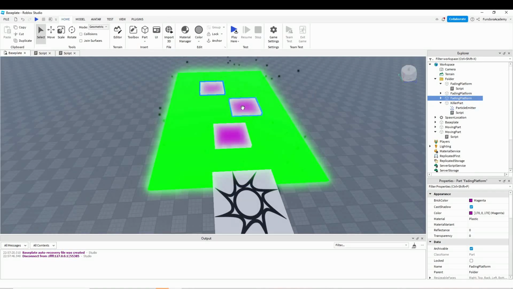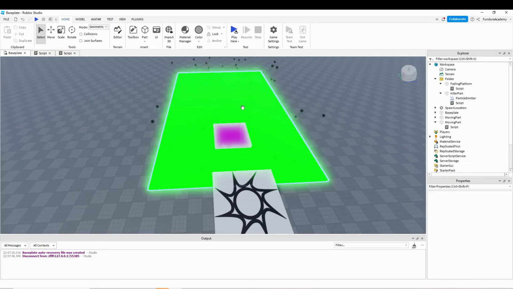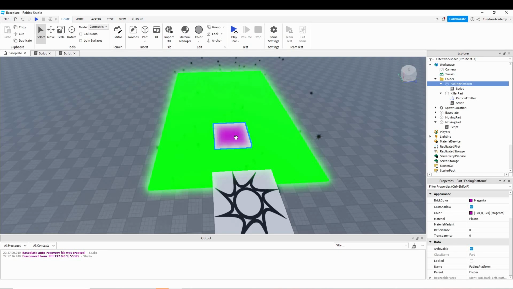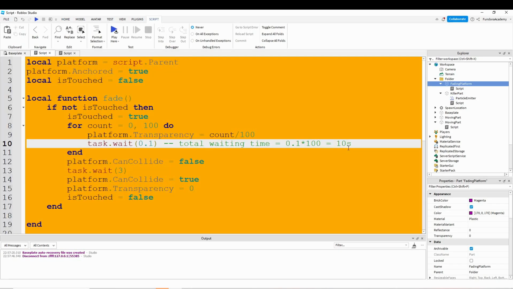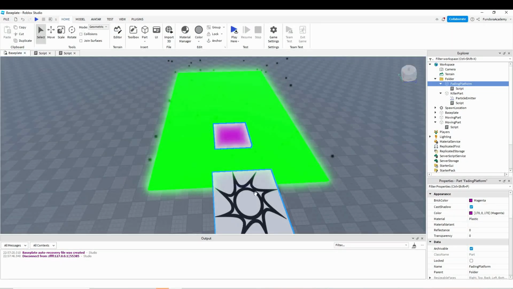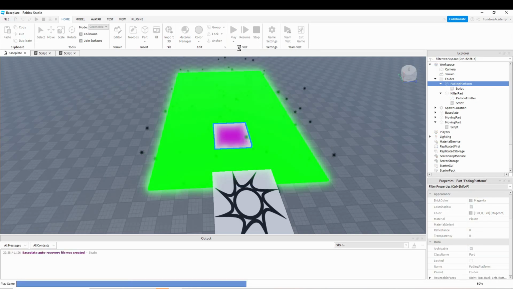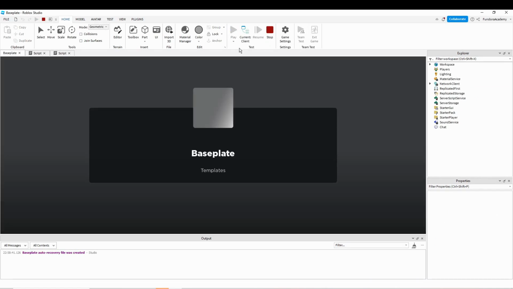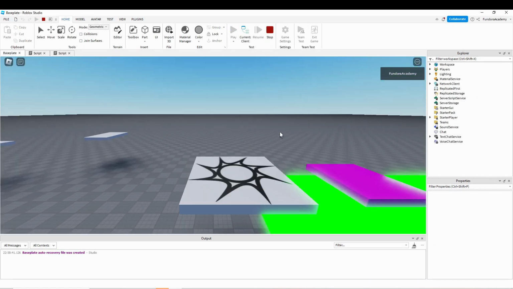Oh, okay. I need to delete these parts. This is the first one. We just changed the code for 10 seconds. I'm not going to duplicate, I just want to show you 10 seconds. After 10 seconds, once you jump on it, it will